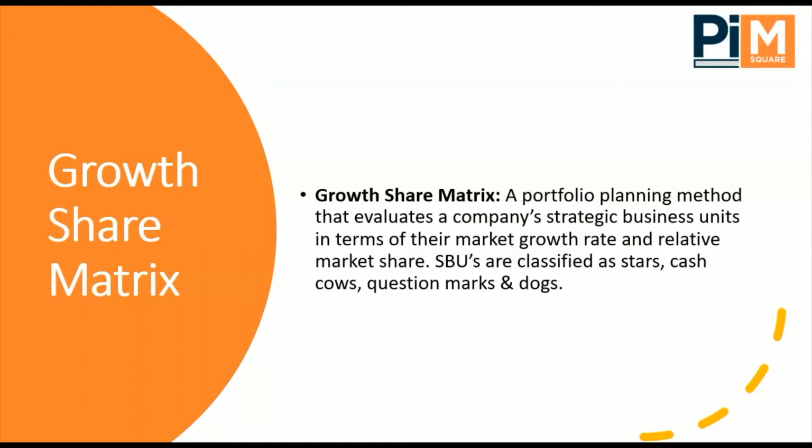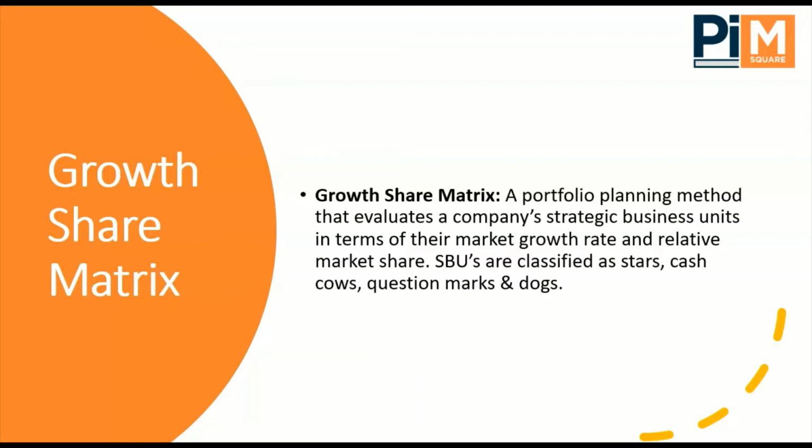Like let's say Samsung has air conditioners, smartphones, laptops, and TVs, and they have various products under each. To be more precise, which one gives them better business? To evaluate the business portfolio, we have to go through the growth share matrix, the Boston Consulting Group BCG matrix.